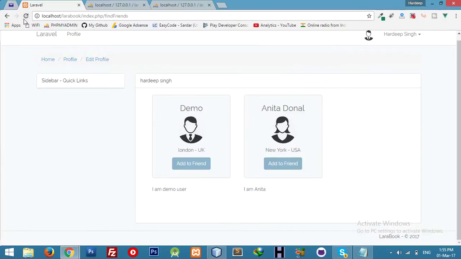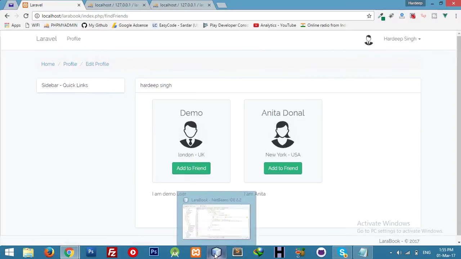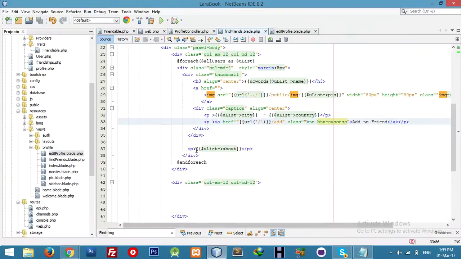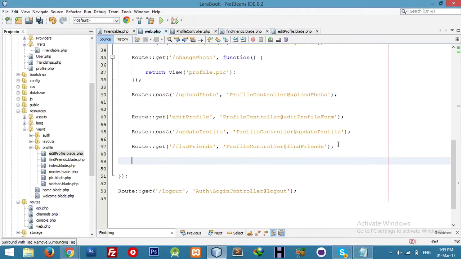Let me see how looking at success. Yeah, it's better. Line side. Now if I click here add, it will go to our web.php and we will be creating here get add